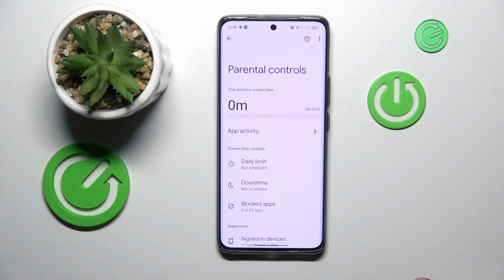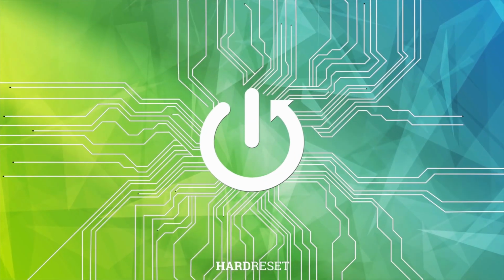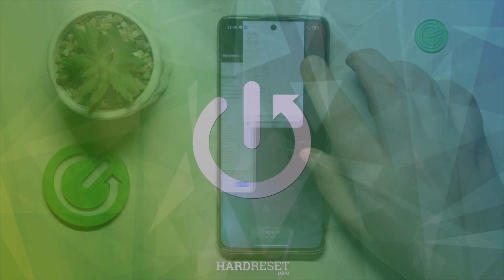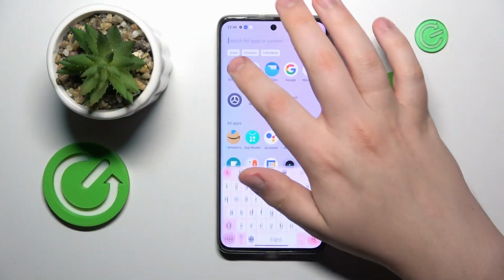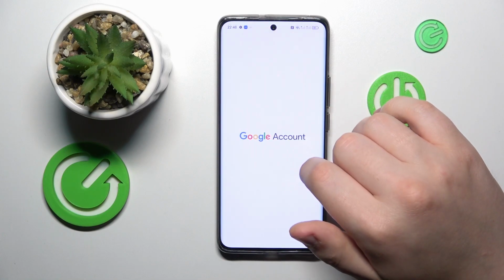This is Realme 11 Pro Plus, and today I will show how you can bypass or turn off parental controls on this device. First order of business is to launch settings, then enter the Google category, tap Manage your Google account button,